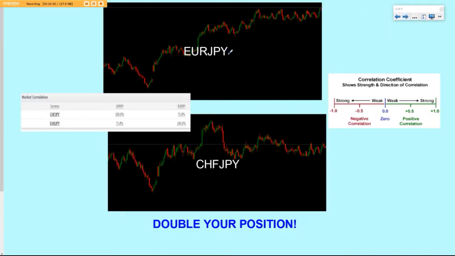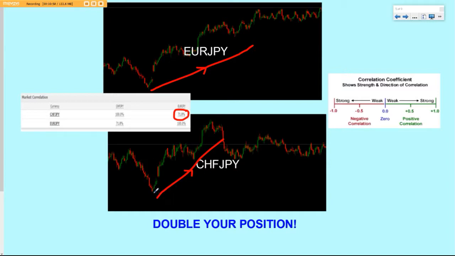This time we have a situation now, not very strong, but as I told you, I'm looking from anything plus 69%. This is a positive correlation. So we could say here, as this one is going up, this one is going up, so they are positively correlated. There's not much correlation there, and that's the reason why, because this is the latest score I've got. If you notice, there's sort of chopping around there as well, like a sideways market. But anyway, let's get back to this point. It's going up, right?